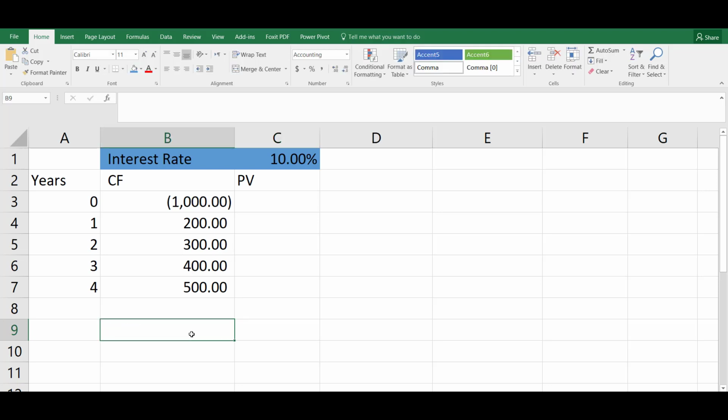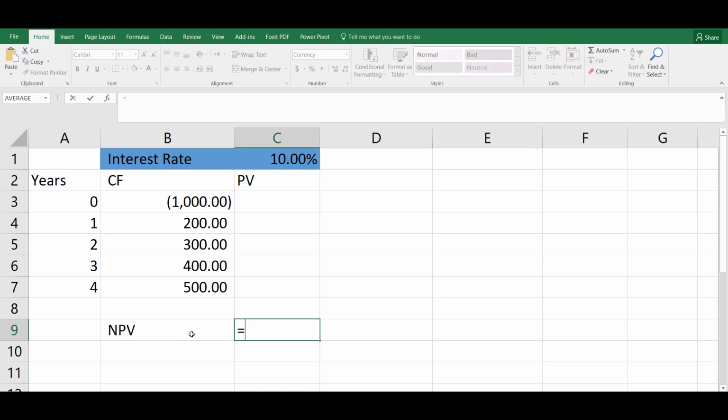To compute net present value, I will write here equal to sign, initial investment, that is 1000, plus NPV bracket start rate, that is 10%. It can be any value, either 4%, 3%, 5% and so on. It has no effect on the IRR calculation. Comma and the inflows that we have received in 4 years and bracket close.